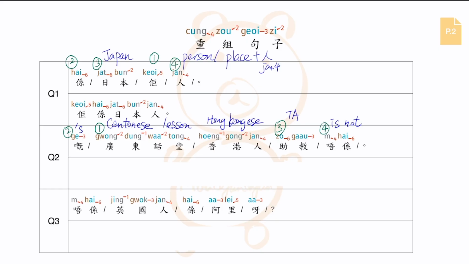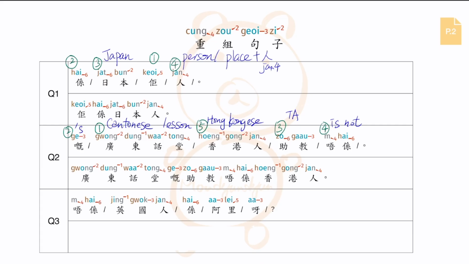It's not, 唔係香港人, Hong Kongers。跟我讀一次，廣東話堂嘅助教唔係香港人。The teaching assistant of the Cantonese lessons is not a Hong Konger。得唔得？第三題，唔係英國人，係阿里 and then question